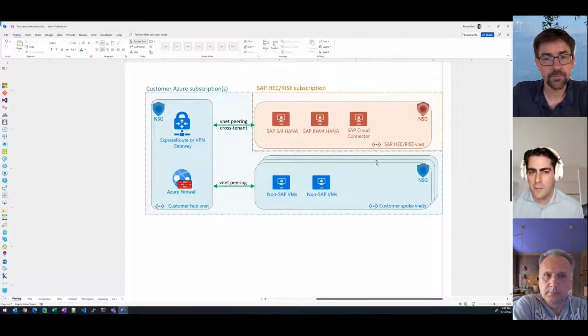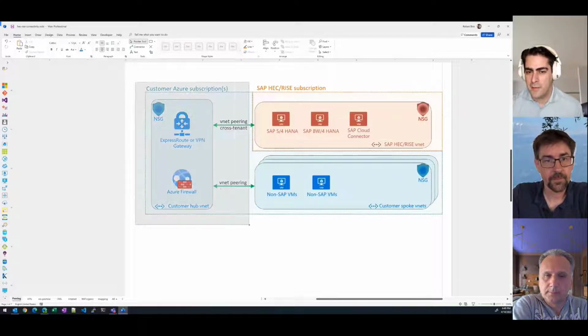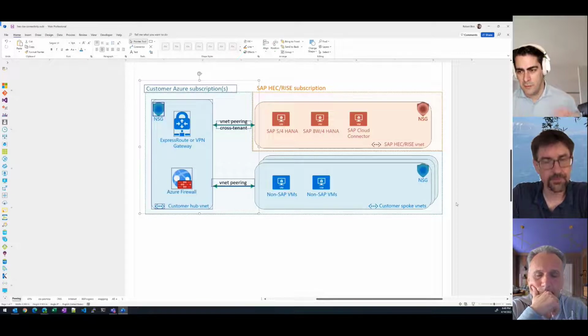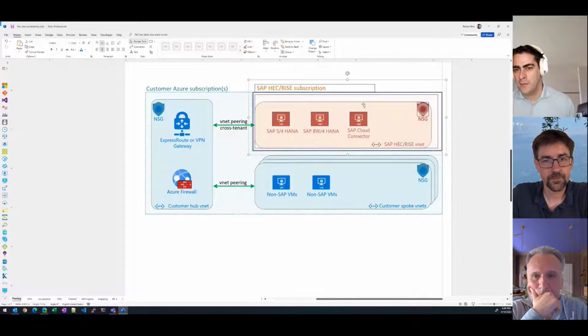Exactly. On the left side, the customer can set their NSGs as their security team requires, of course. On the SAP side of things, the default SAP ports or the custom SAP ports, depending on what is agreed between the customer and RISE. Remember, Microsoft is not part of this. This is SAP and the customer. They agree which ports will be open through this peering. By default, it would be the typical SAP ports,